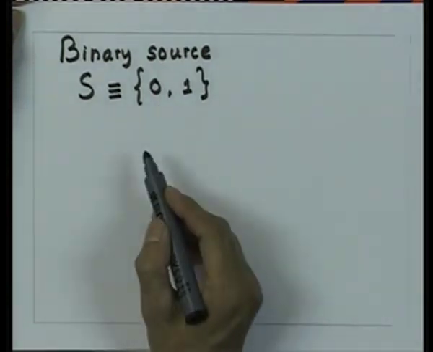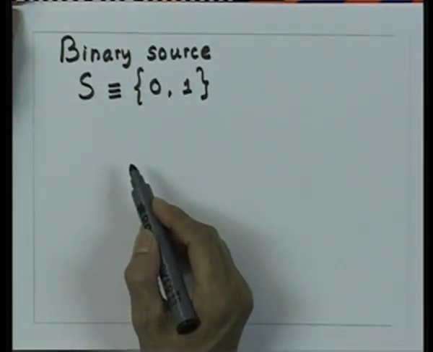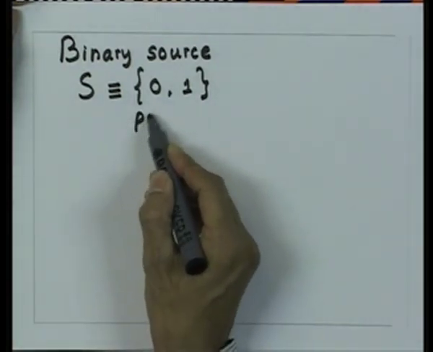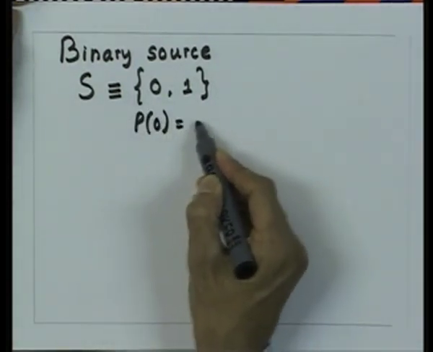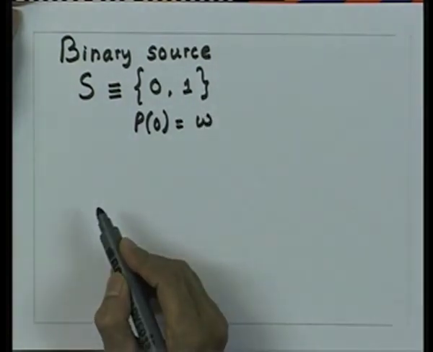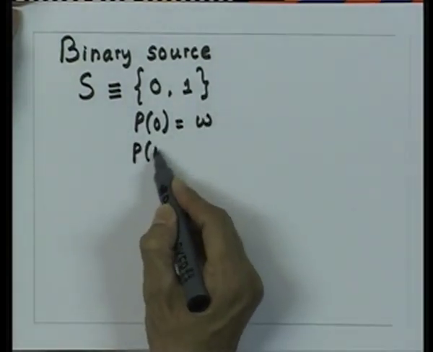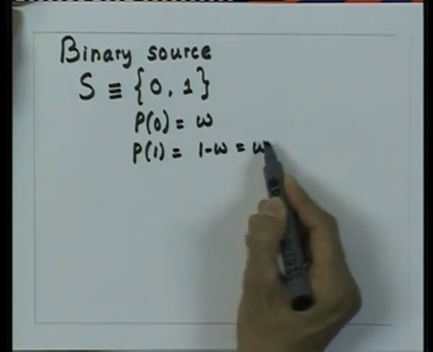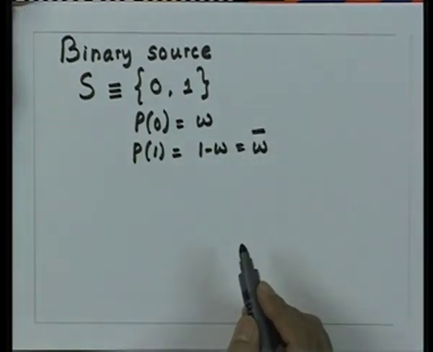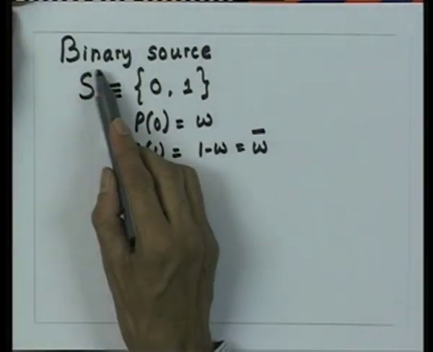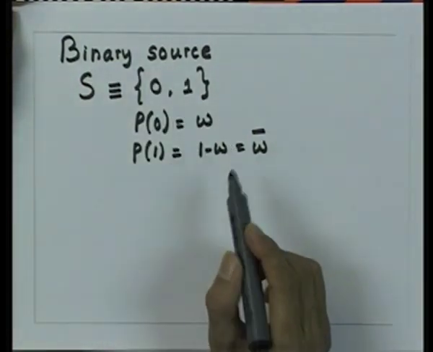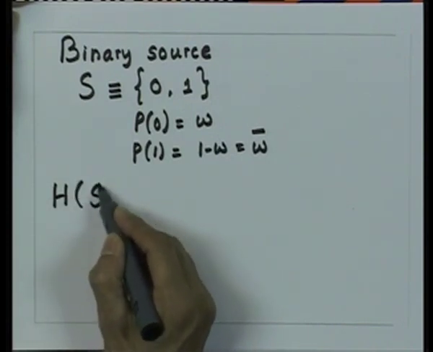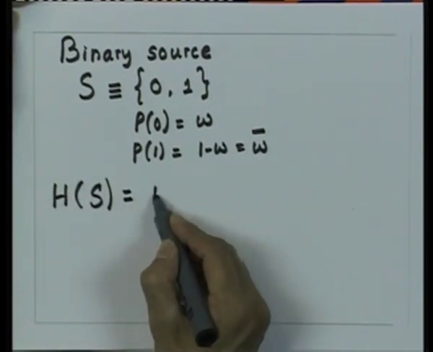Let me also associate probabilities with the letters of this source: probability of 0 is equal to w and probability of 1 is equal to 1 minus w, which is w bar. If I assume that this binary source is a zero memory source, then I can write the entropy for this binary source as H(S) is equal to